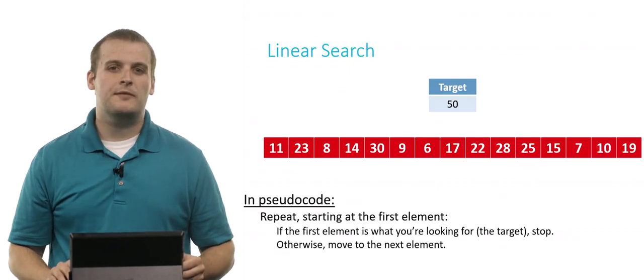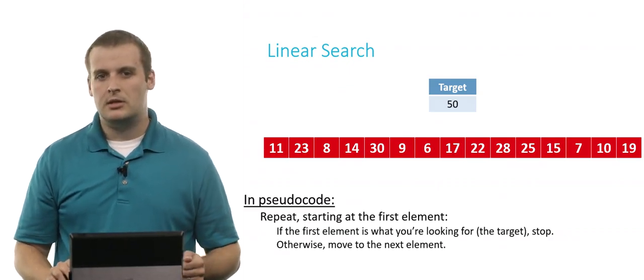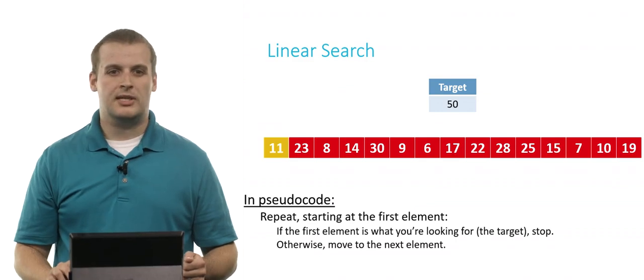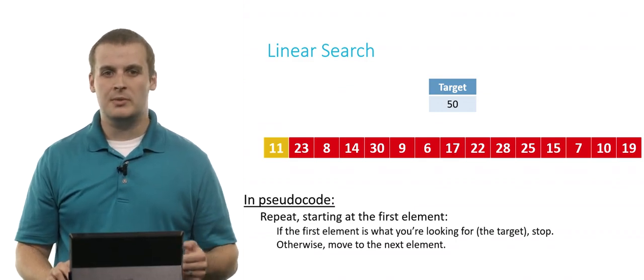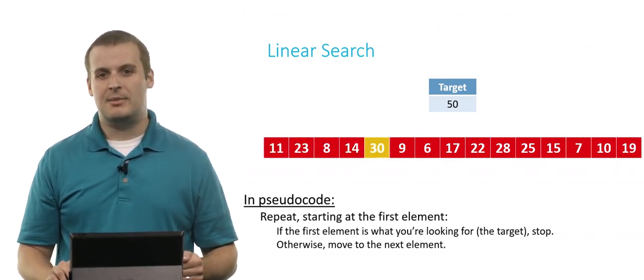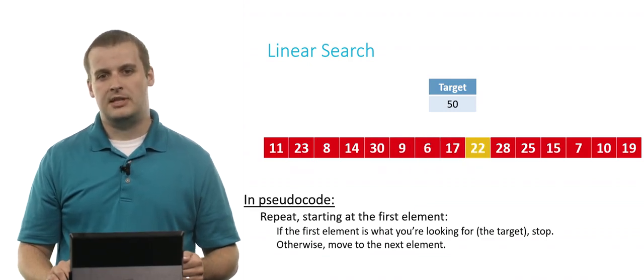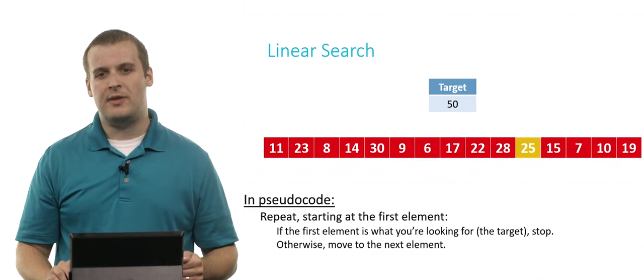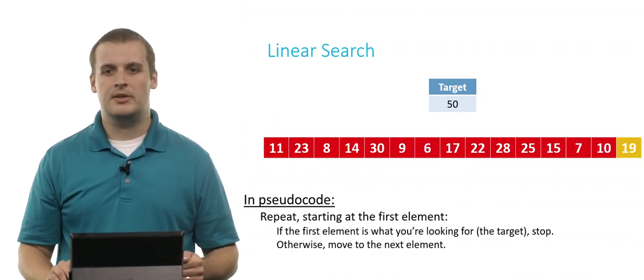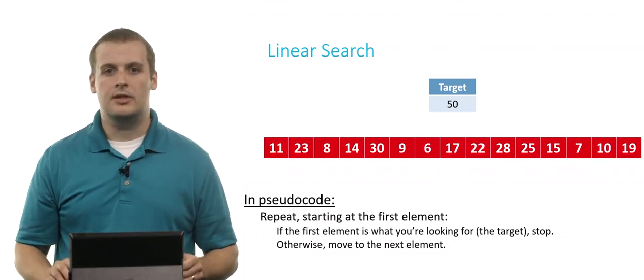But what about if we're looking for an element that's not in our array? Does linear search still work? Well, sure. So we repeat this process starting at the first element. If it's what we're looking for, we can stop. It's not. Otherwise, we move to the next element. And we can keep repeating this process, examining each element in turn, hoping that we find the number 50. But we won't know if we found the number 50 or if we didn't until we've stepped over every single element of the array. Only once we've done that and come up short can we conclude that 50 is not